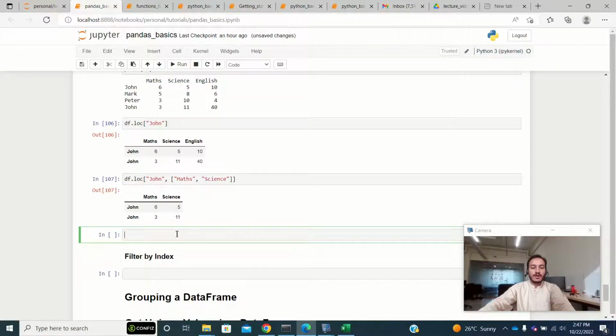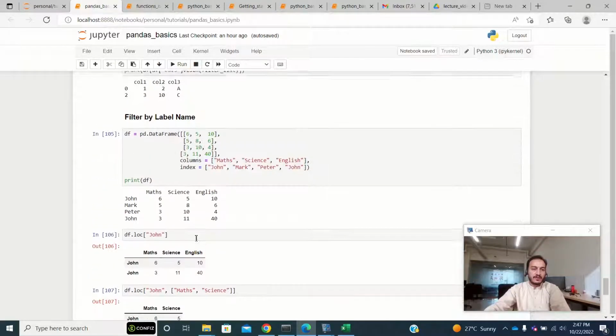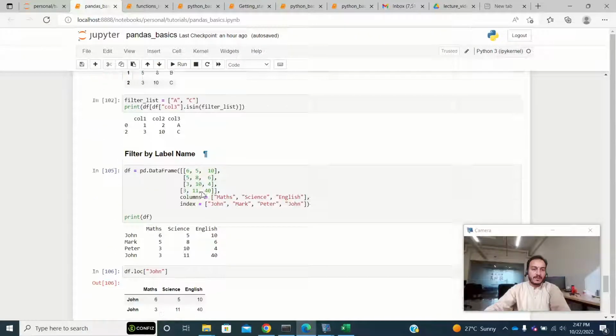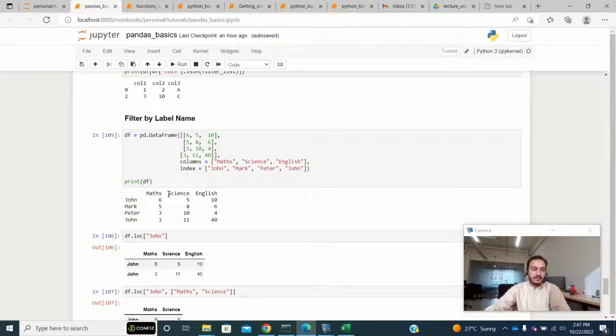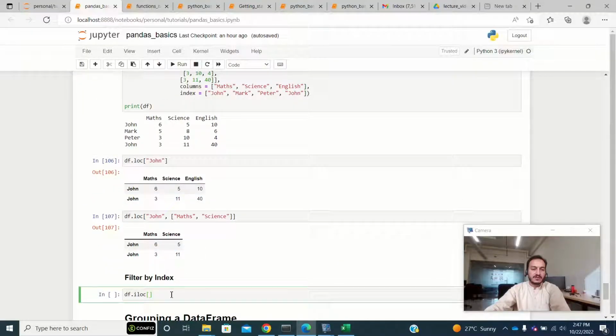So I will simply write df.iloc, and then I will enter the index value. So if I want to filter the data for maybe science, what I will do here is mention